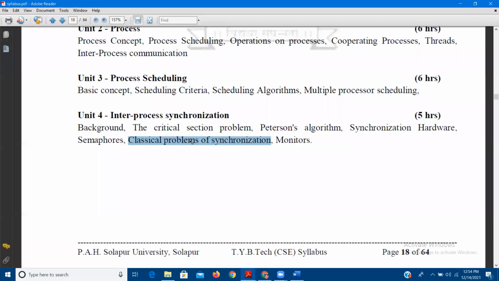So in the case of the reader writer problem, what is the problem? At a time, more than one reader is allowed, but a combination of readers and writers is not allowed. एकाच वेळेस जर 100 रीडर्स असतील तर सगळे रीड करू शकतात, because it's a read operation. In the case of a reading operation, there is no problem, so we should not apply mutual exclusion. जेव्हा रीडिंग चालू असते तेव्हा आपण म्युच्युअल एक्सक्लुजन अप्लाय करू शकत नाही.